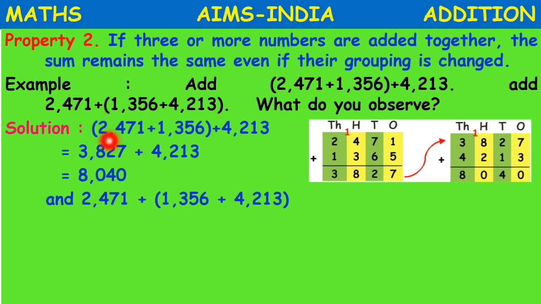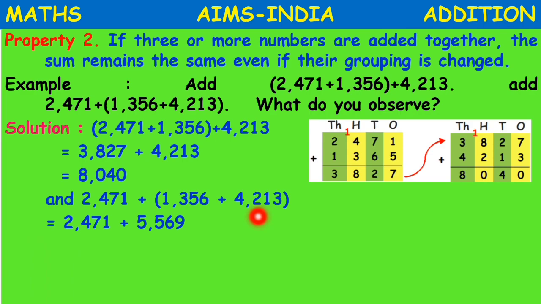See, previously 2000 and 1000 were in the same group, but now 2000 has become single, and 1000 and 4000 together formed a group here. Yes, the groups are changed. Now when we add these two, again